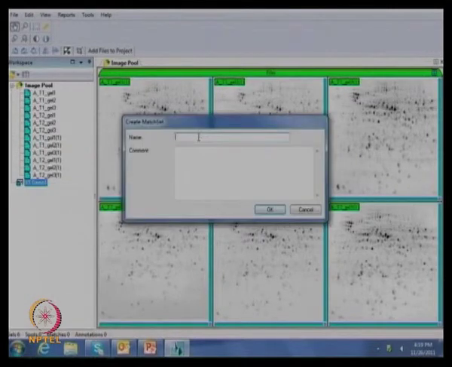Now in this IIT demo, one can create the match set here by right-clicking. There are two match sets, 81 and 82. 81 is the control and 82 is the treated. So you have control with 3 replicates, and treatment with 3 replicates. I'm giving 81. If you have a description, you can give it for 81.